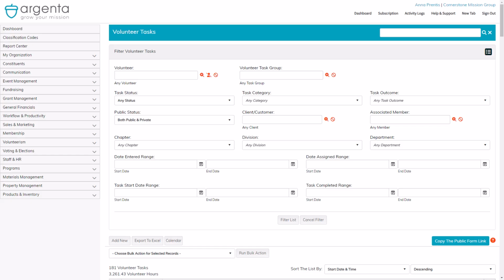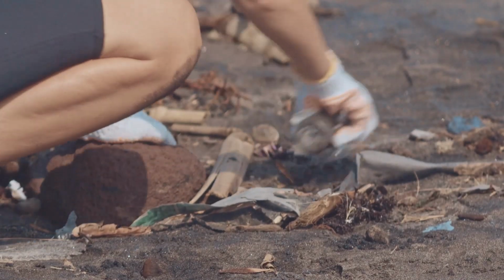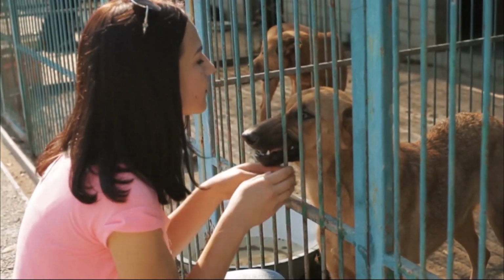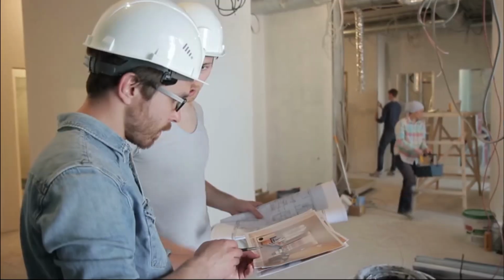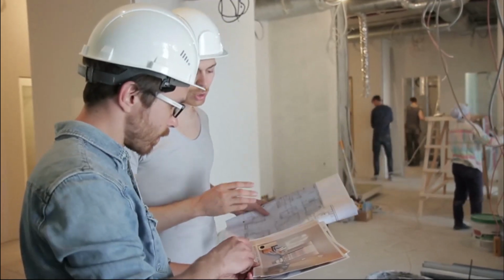Now let's run through a real-world example. Let's say your organization serves other nonprofits in your community. Your volunteers complete tasks for these organizations. You have these organizations in your system as customers. You need to get a count of open volunteer tasks for the Better Community Project, a new nonprofit you've started